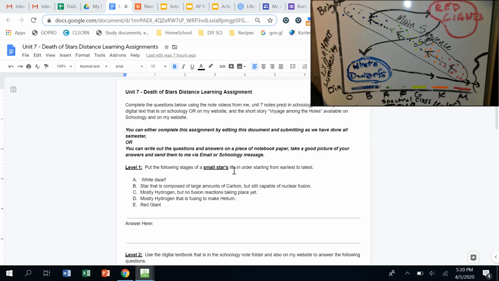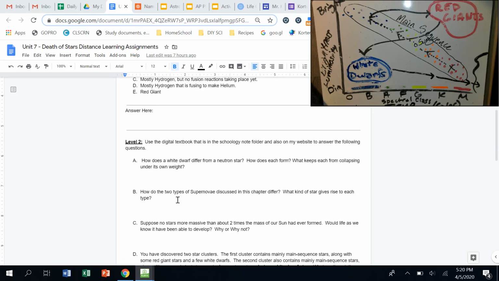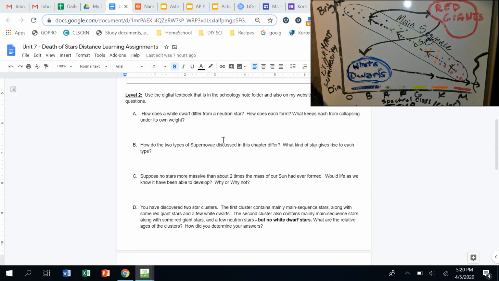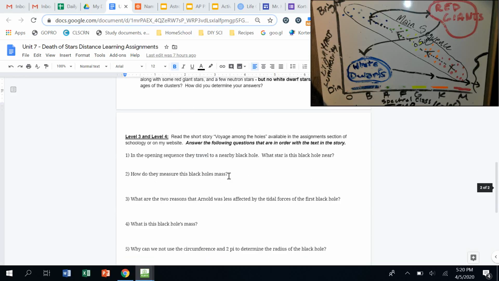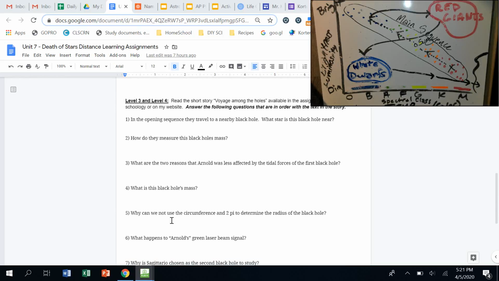So here's the assignment. Level 1, put the following stages of the small star's life in order. I'll go through that with the video on the Prezi slideshow. Then level 2, answer the digital textbook questions. There's 4 of them for level 2. Level 3 and level 4, here are the questions that go along with the Voyage Among the Holes short story that you'll read.